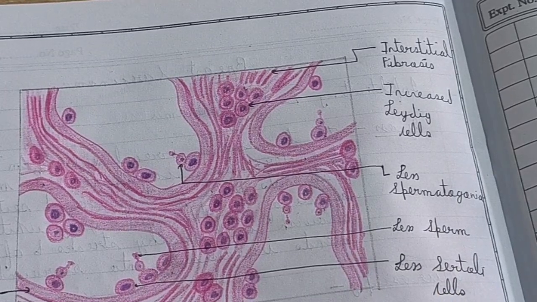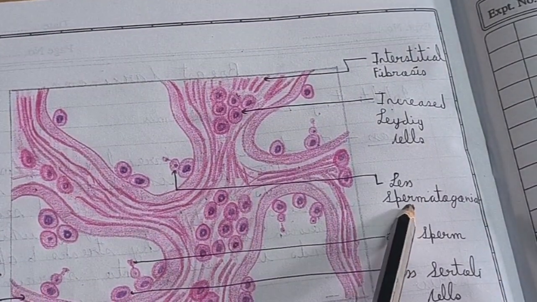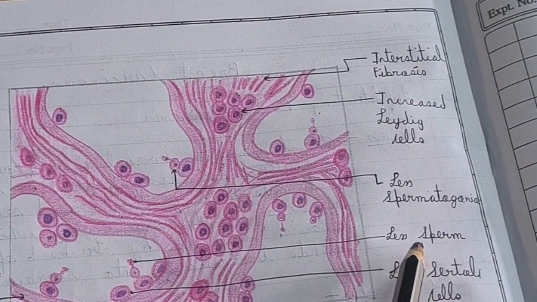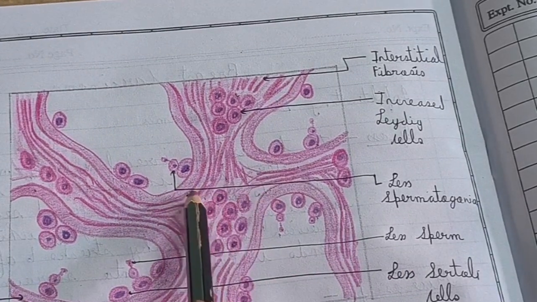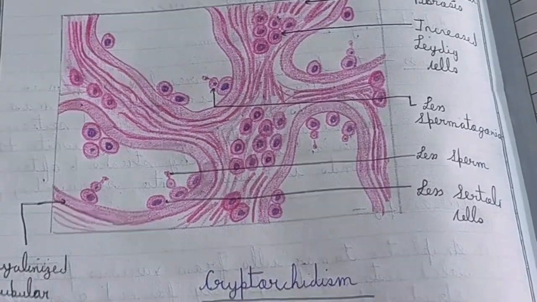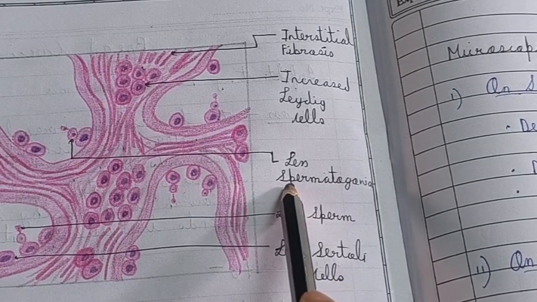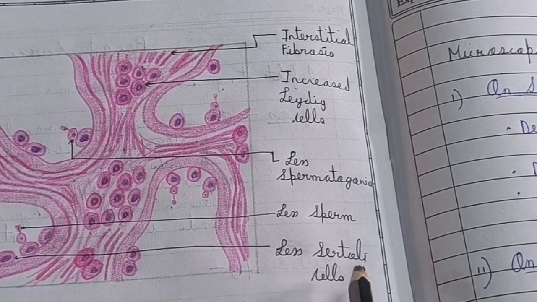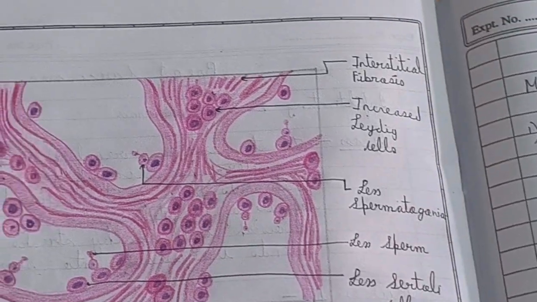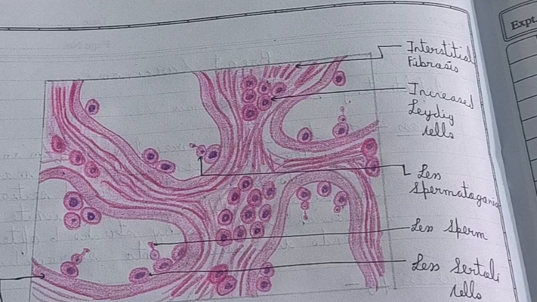As I already mentioned, spermatogonia produce sperm cells. So since the spermatogonia are reduced, the sperm cell count is also reduced. Therefore, in the seminiferous tubules, the changes you can see are, first, the hyalinized tubular basement membrane, and next, a decrease in the number of spermatogonia, a decrease in the number of Sertoli cells, and a decrease in the number of sperm cells. So these are the changes found in the seminiferous tubules.